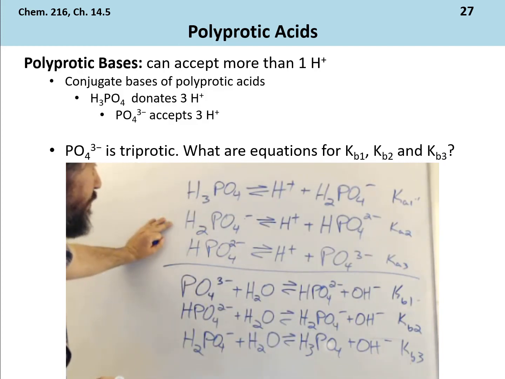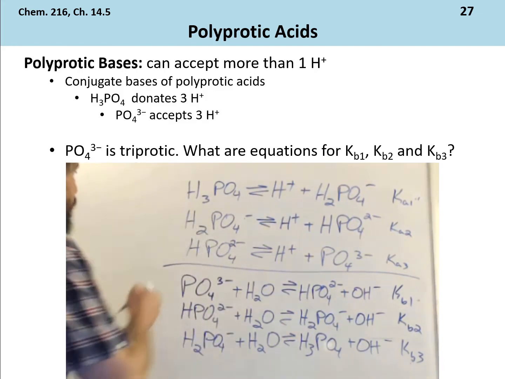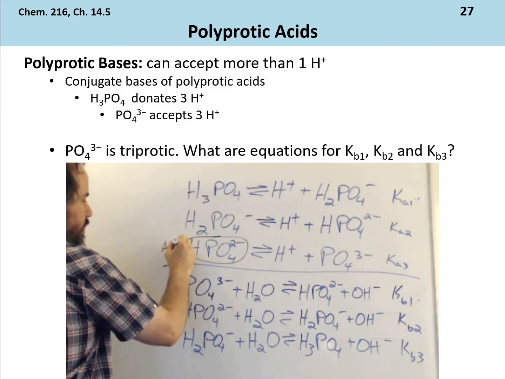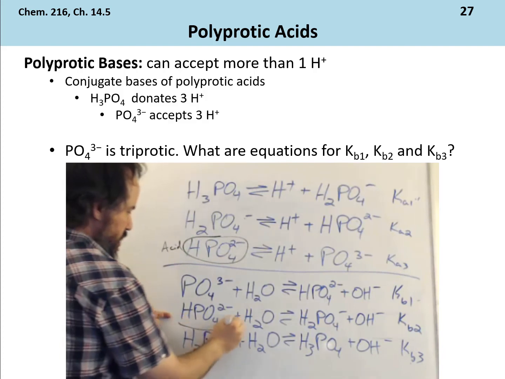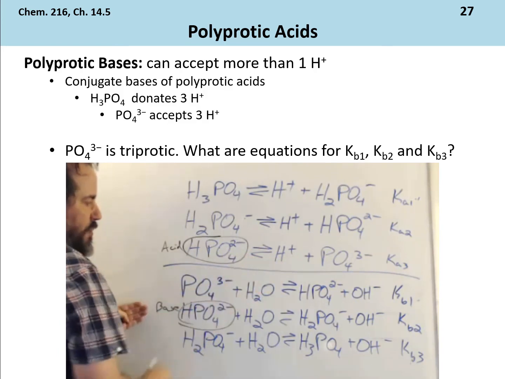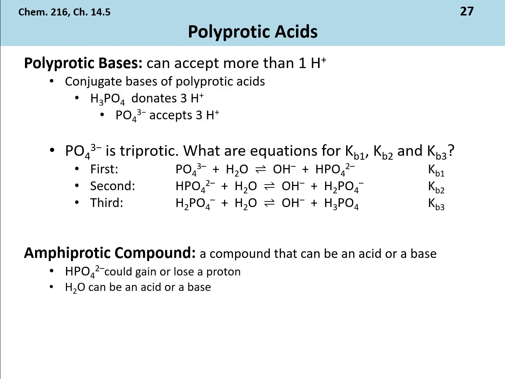And let's look at something. This compound, HPO4 2 minus. Here, it's an acid. Here, it's a base. Okay? So here it's losing an H+, here it's gaining an H+. This is an example of what we call an amphiprotic compound. A compound that can be an acid or a base. Okay? HPO4 2- is an example in this one,